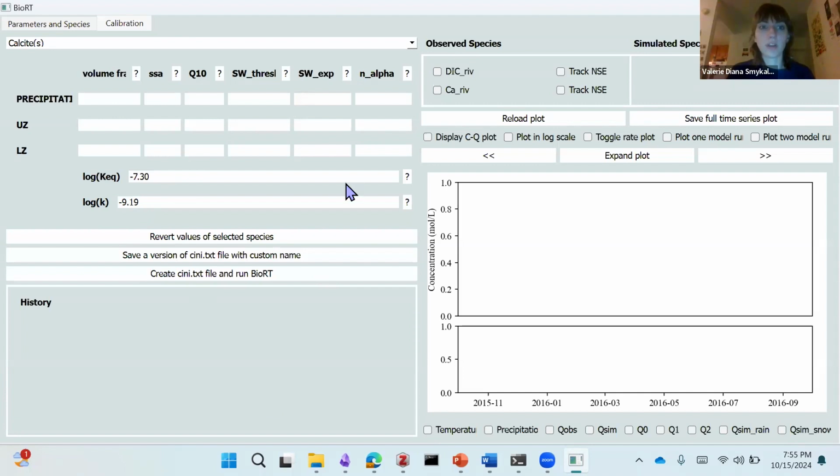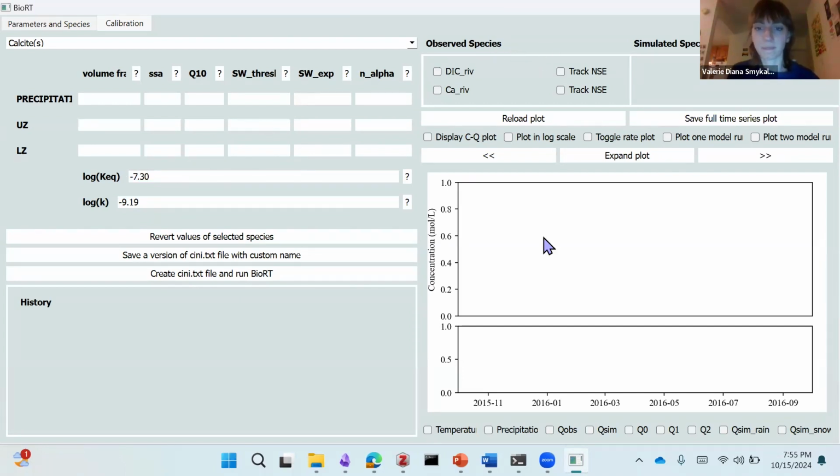And then once you rerun the model by clicking this button, create cine.txt and run BioRT, you can then click this button right here, which says plot one model run back, to compare the outputs generated from our different log KEQ values. Then, before you do the next part of the homework, I would recommend changing this KEQ value back